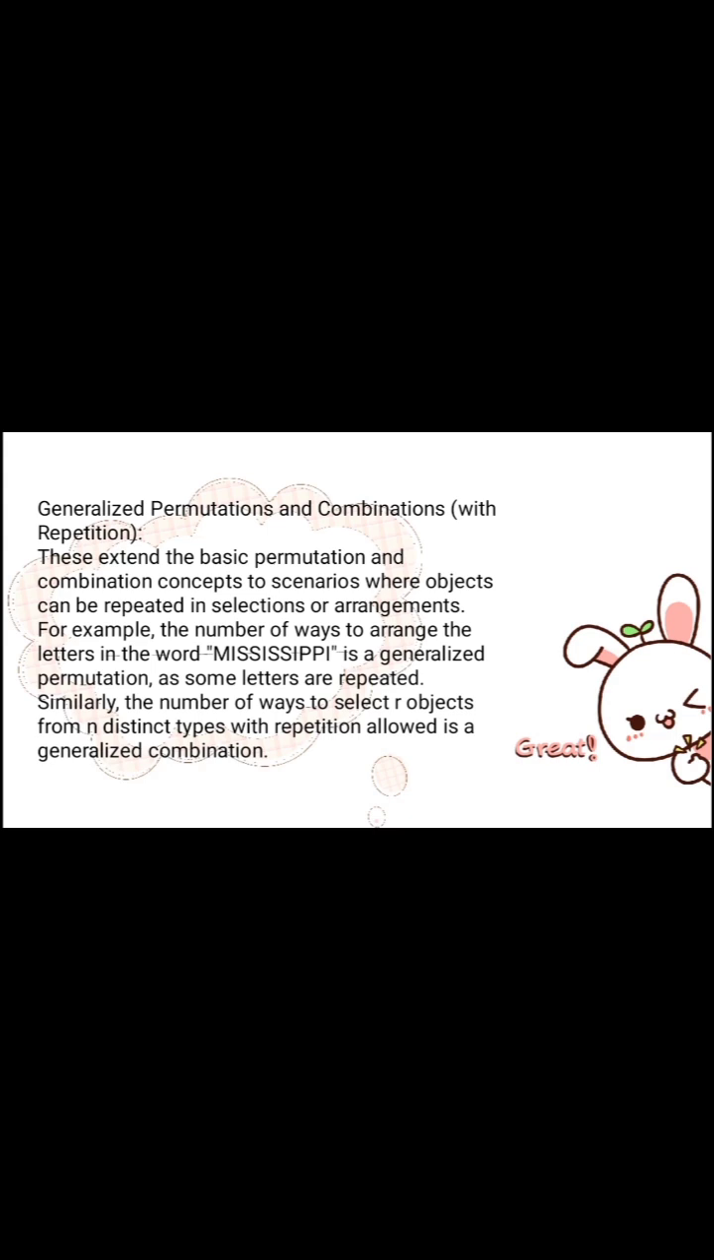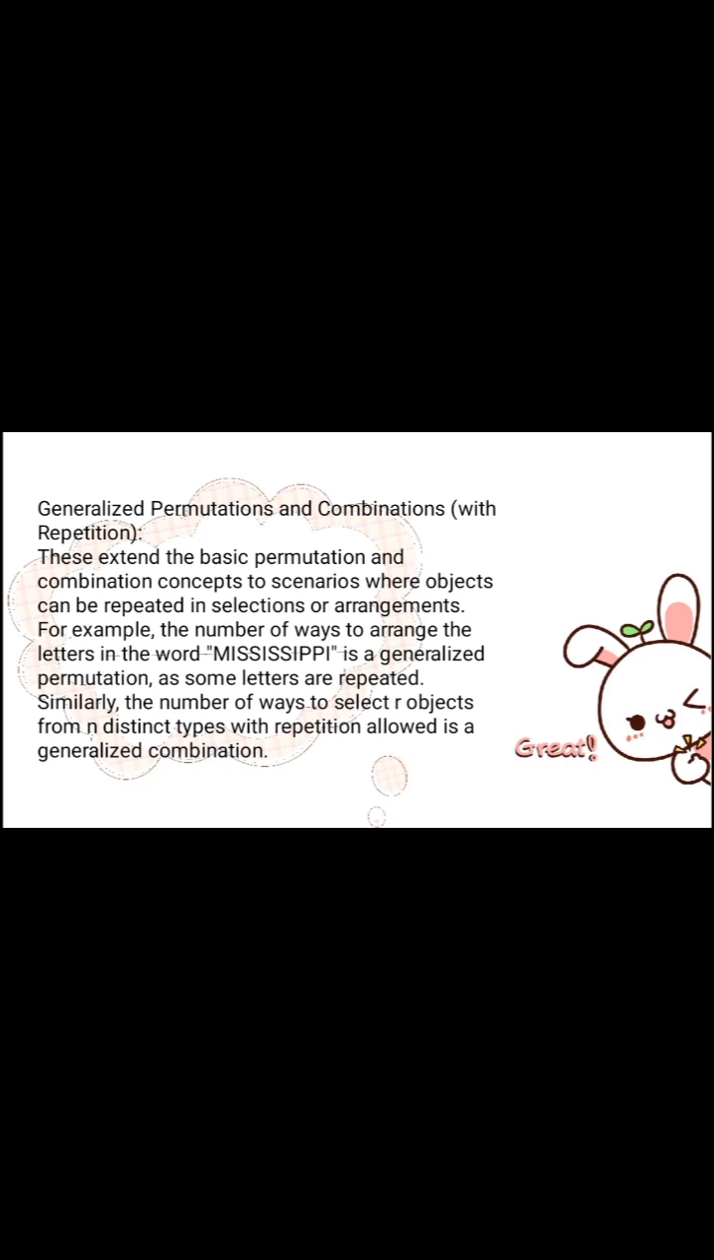Generalized permutation and combination with repetition. This extends the basic permutation and combination concept to scenarios where objects can be repeated in selections or arrangements. For example, the number of ways to arrange the letters in the word Mississippi is a generalized permutation, as some letters are repeated. Similarly, the number of ways to select r objects from n distinct types with repetition allowed is